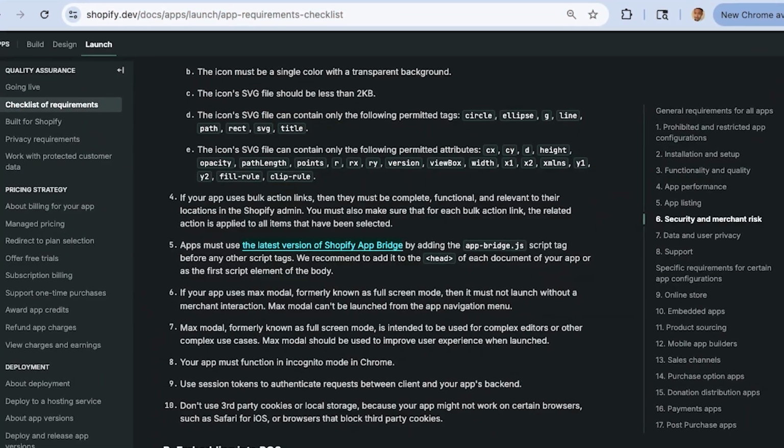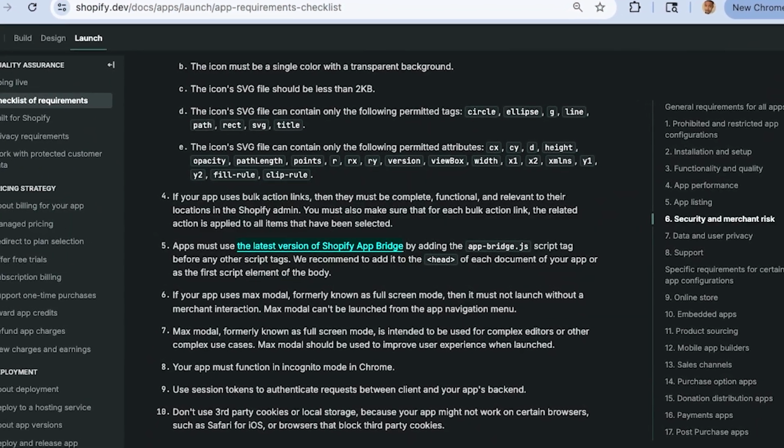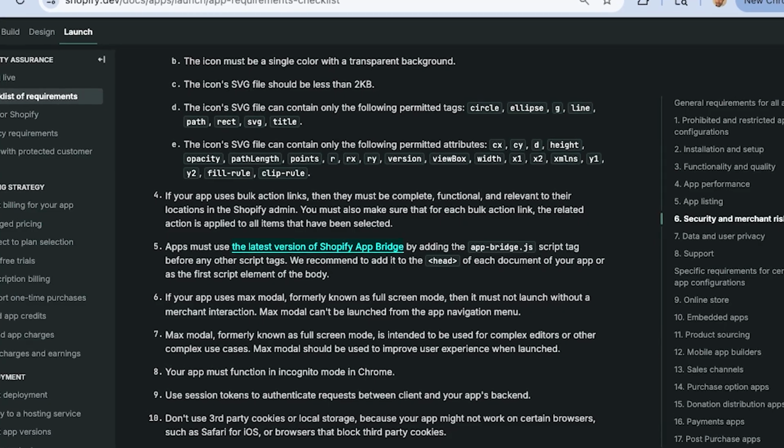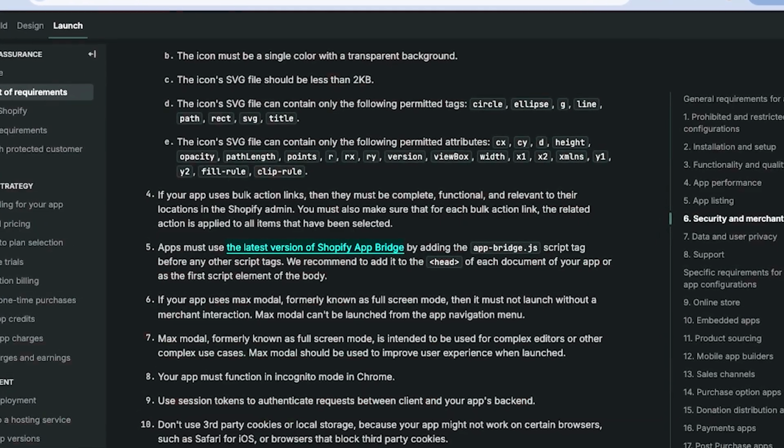Now, I was using a version of Shopify App Bridge that was old, and the Shopify App Guidelines said I need to be using the most up-to-date version of Shopify App Bridge. So I had to go in and update it. Now, me, in my infinite wisdom, I said, okay, this is something I'll have AI do for me. So I gave AI a pretty good prompt and I told it to update Shopify App Bridge while maintaining the functionality that my app requires to work properly. I thought that that would work just fine.